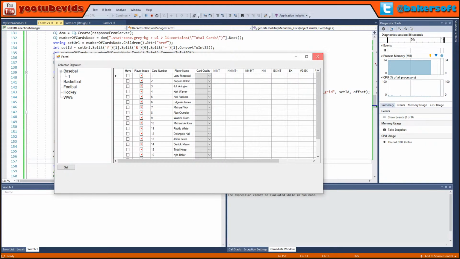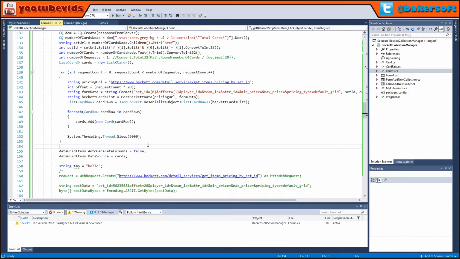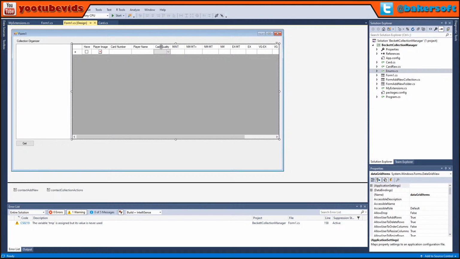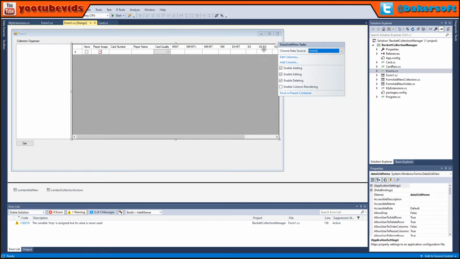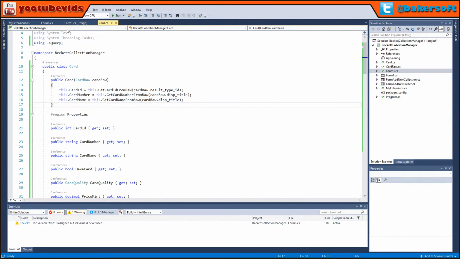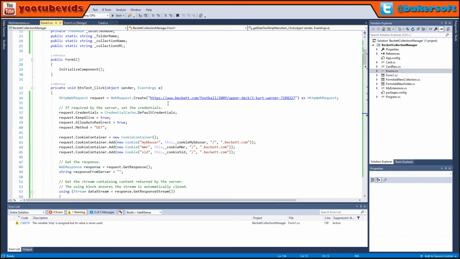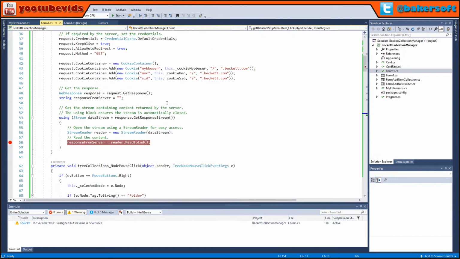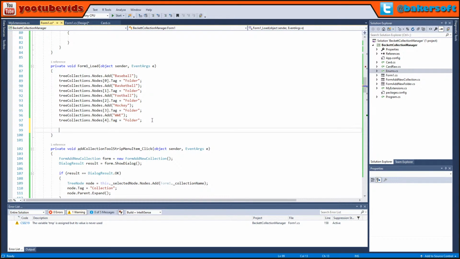So the next thing we need to do is... I'm trying to think. Oh yeah, duh. So we need to fix this. I'm trying to think. You can set the data source for that field, but I'm trying to think how you would even do that. Do we have a form load? Oh yeah, we do. Okay. Data grid items dot